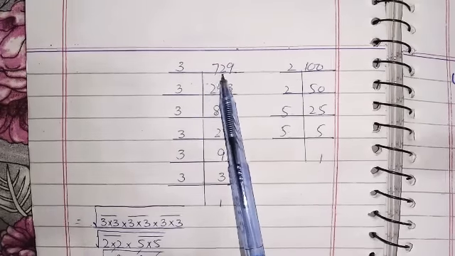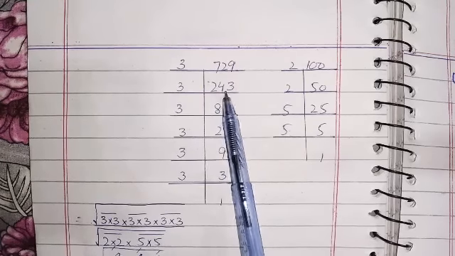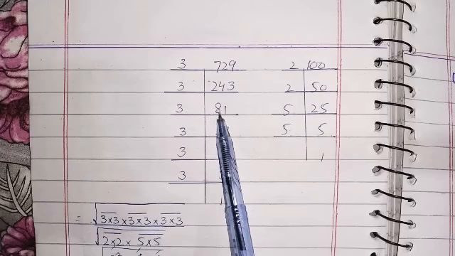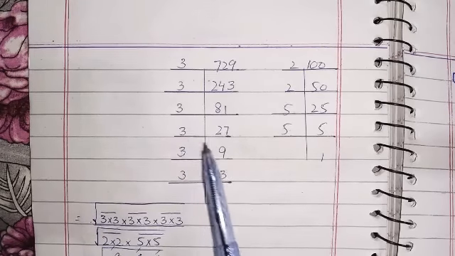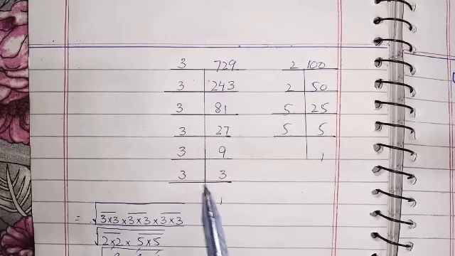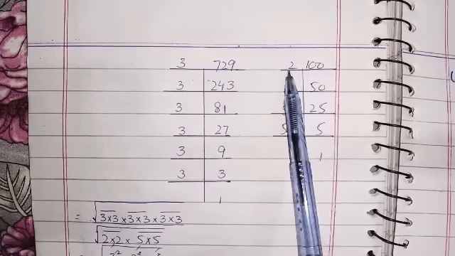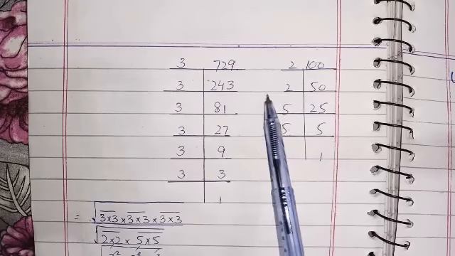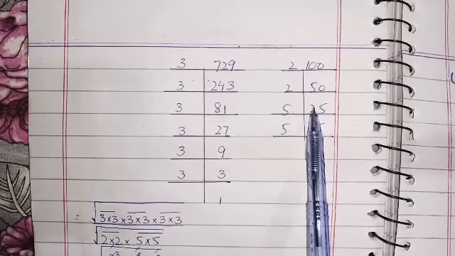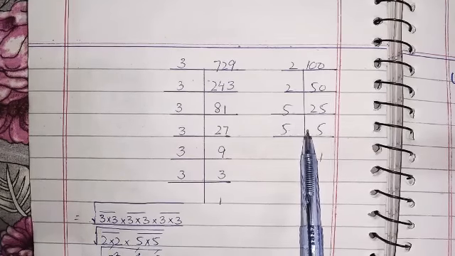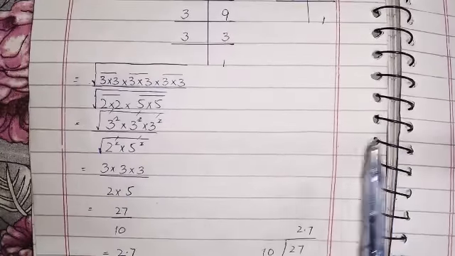When we divide 729 by 3, we get 243, and when we divide 243 by 3, we get 81. 81 is again divisible by 3. When we divide it, we get 27. As you all know, 3 9s are 27, 3 3s are 9, and 3 1s are 3. Here are the factors of 100. As you all know, when we divide 100 by 2, we get 50, and when 50 is divided by 2, we get 25, and 25 is only divisible by 5, so we will write 5 5s are 25 and 5 1s are 5. Now students, we will write the factors of the numbers.